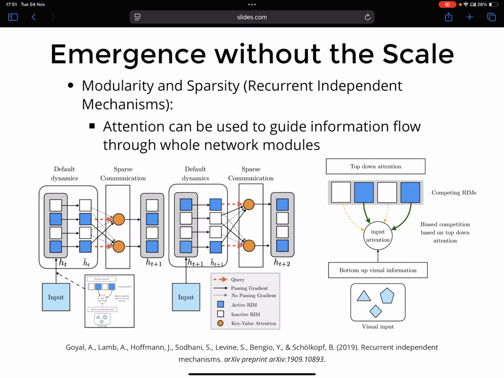Okay, and so this was like a cool idea they had, where attention was guiding the weights going forward, and then whatever module it chose to use was also recurrent over time. And so there was this like very clear bit of memory that you're probably familiar with from the other recurrent networks we've spoken about. And so there's cool ideas of how do you mix attention and recurrence in a way that's really, really beneficial. And again, I think a lot of papers are now starting to build off of this